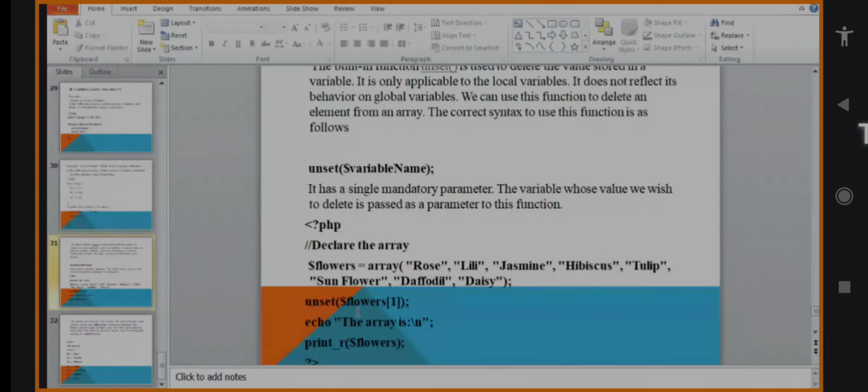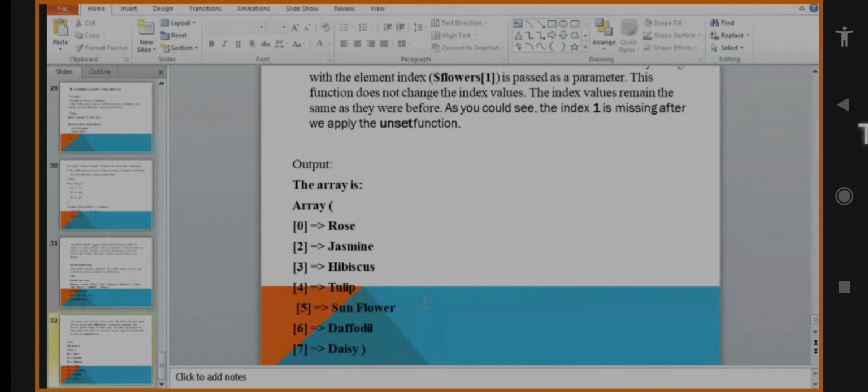Because, as I already discussed, this particular flowers[1] will be deleted. You pass that function, unset, and you want to delete the first position value of the flowers, that is Lily. Whatever is there will be deleted, and the output will be like this.